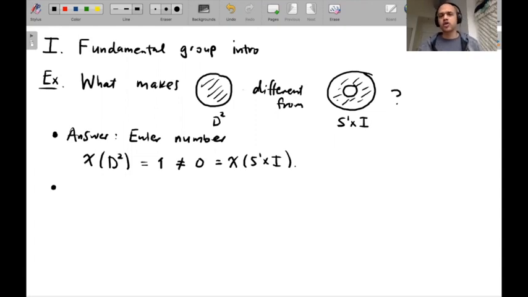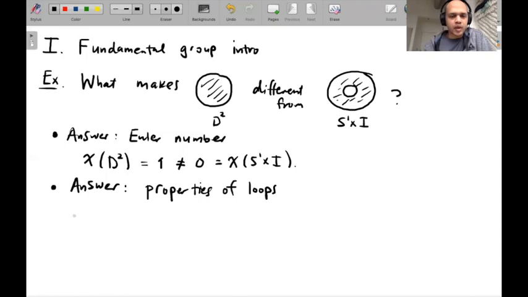But when you draw these two, maybe the most obvious thing you say is, the annulus has a hole and the disk doesn't. And that's something that we're going to make precise with the fundamental group. One way to say this is properties of loops. Specifically on the disk, every loop